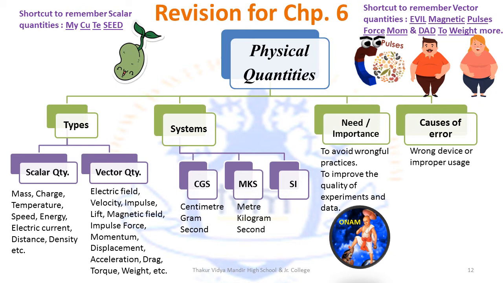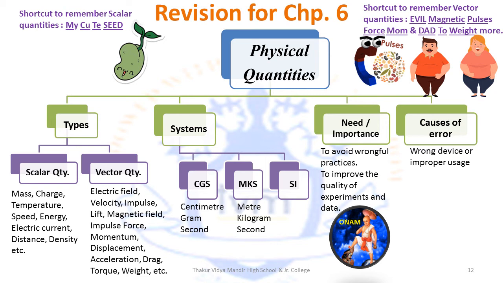So if I ask you what is the mass, temperature or speed, and you just give me the numerical value, you cannot apply direction to it. It is a scalar quantity. If I ask you about velocity, force, displacement, acceleration, weight, besides telling me the numerical value, you can also associate the direction with it. You can apply direction to it. Then you can classify them easily as vector quantities.